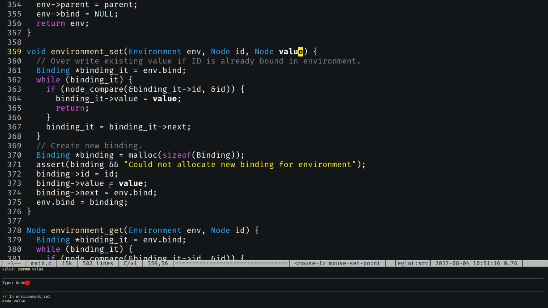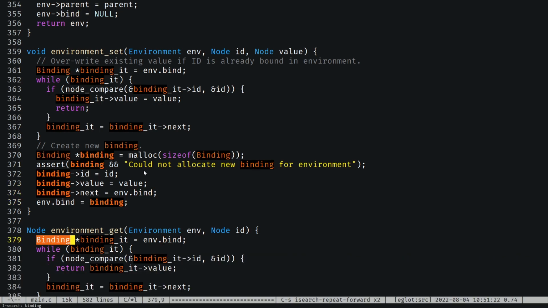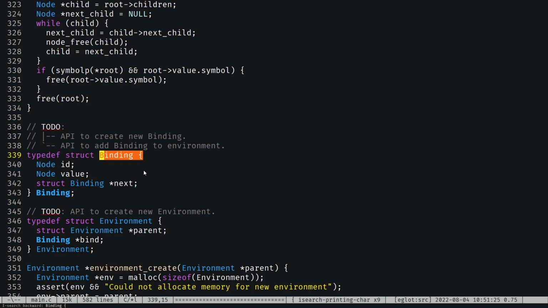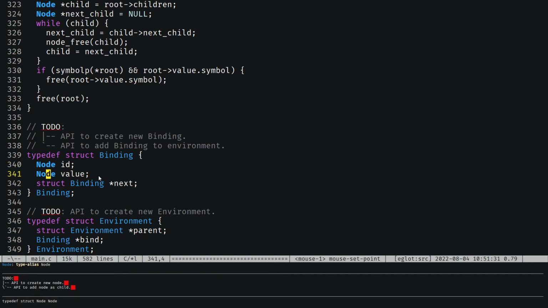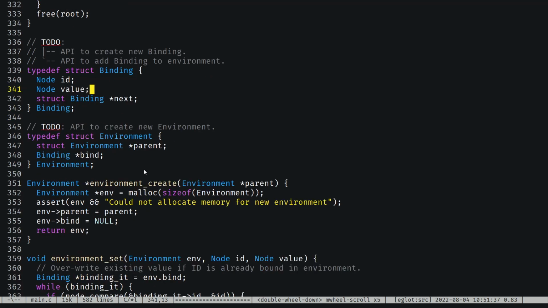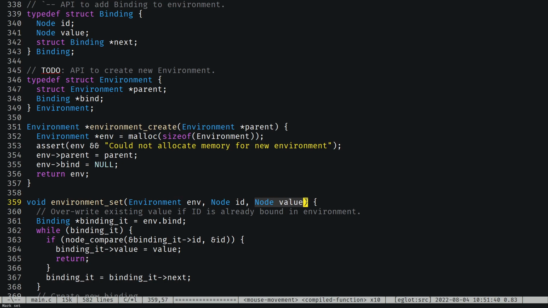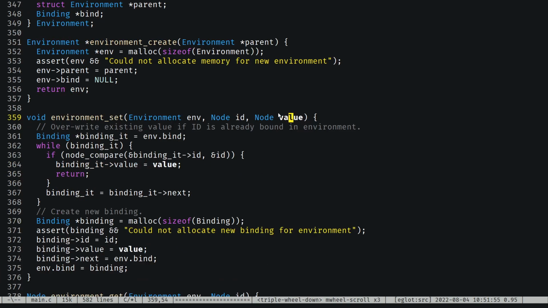In any case, why are these not pointers? Because the value is just copied into the binding. Where's the binding? And a binding doesn't have pointers, it has literal nodes. Okay. So we are transferring ownership of the data within the node, so if we have a symbol as our value, or our ID, right? If we have a symbol as our value,